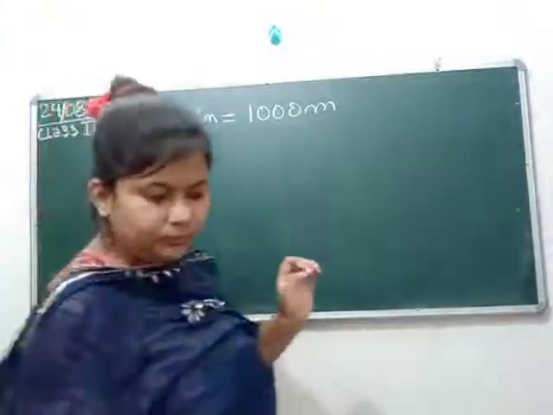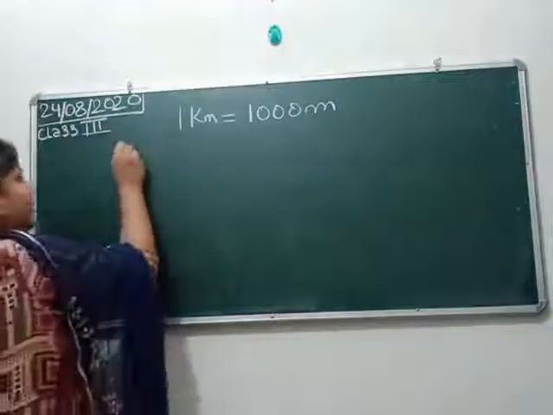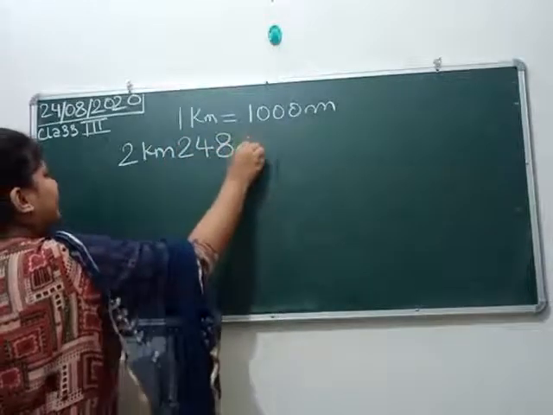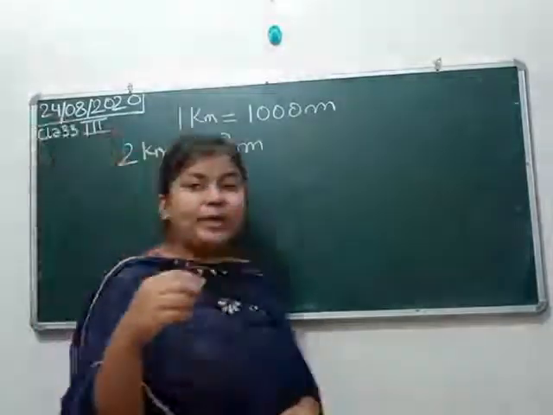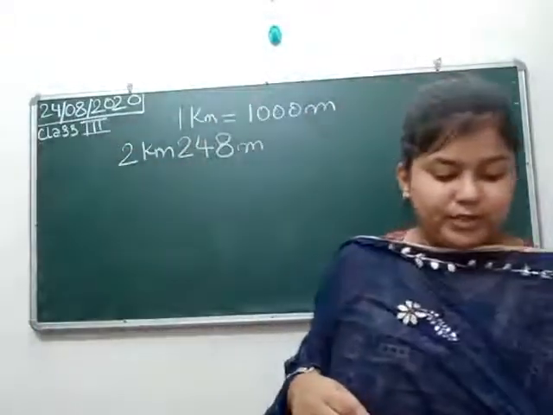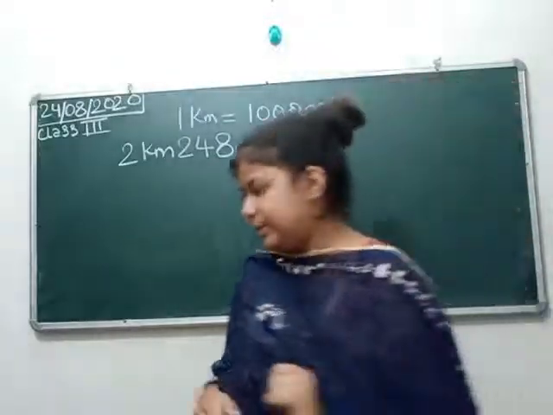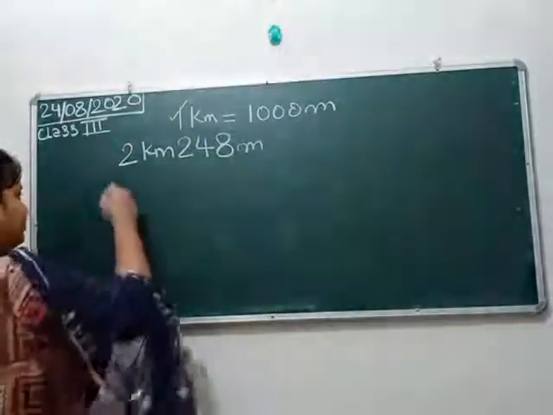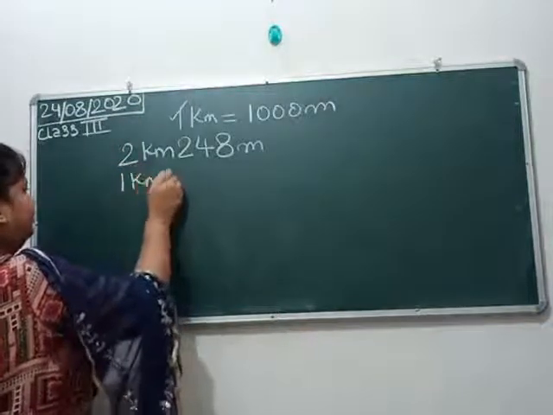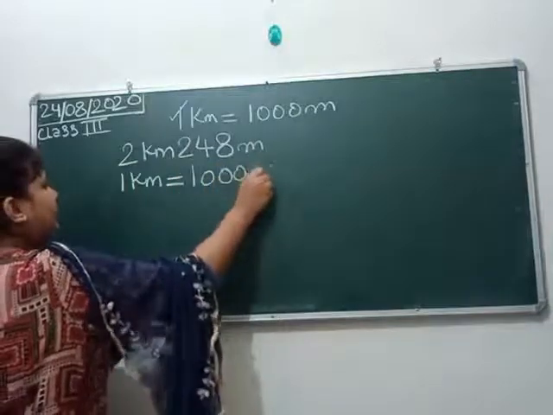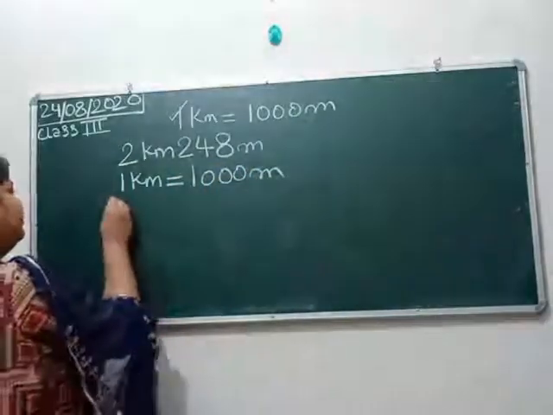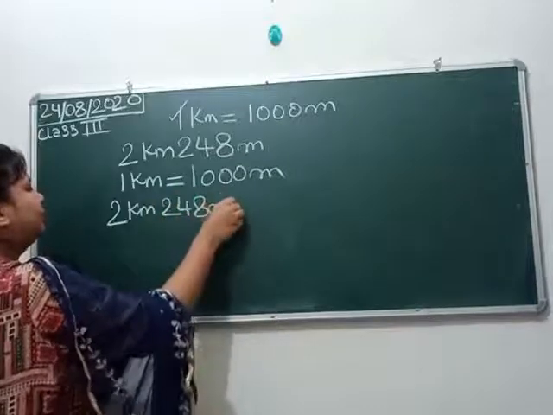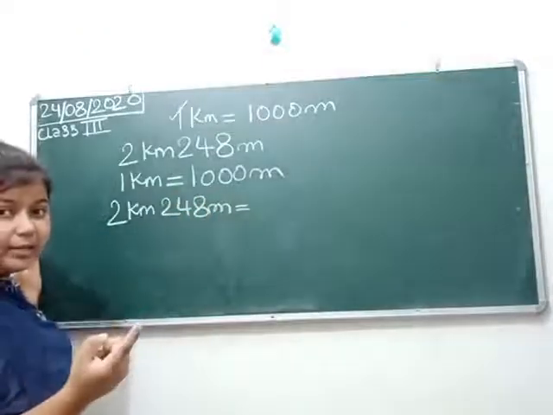The first line that we will write will remain the same, that is 1 kilometer is equal to 1000 meter. Okay, now 2 kilometer 248 meters equals